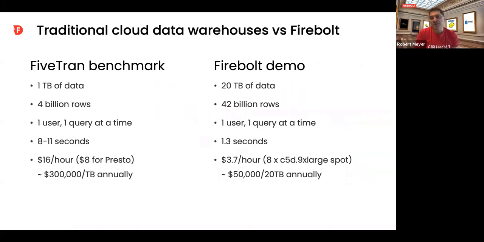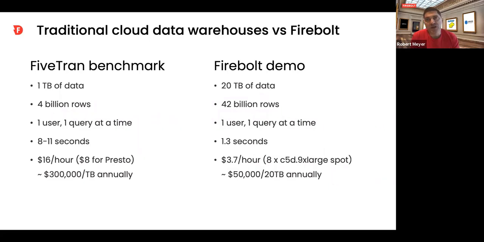Now, if you've seen the benchmarks before, the changes do matter. When we do a demo and we run against a larger data set, an ad tech data set, it's 20 times the size with 10 times the number of rows. It's a wider table. And we're still able to get 1 to 2 second performance, depending on the type of query you're running.